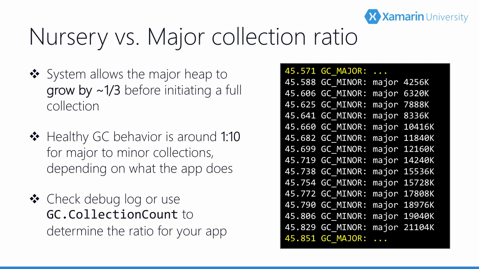If you see a high or inordinate number of major collections, then you are allocating memory at a high rate that potentially could be an issue within your app. All right, or you're exceeding the nursery threshold very, very quickly. And again, that may be the case for your application, because it's going to be based upon your allocation patterns, but it could also indicate that you're holding on to objects, that you have a memory leak because it's having to do major collections more often, or that the major collection is taking too long. And so make sure to watch your debug log to be able to check the ratio of minor